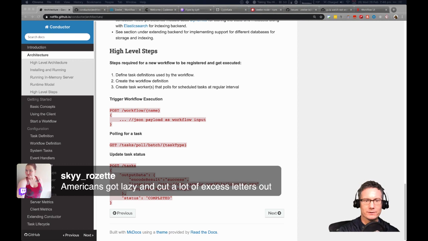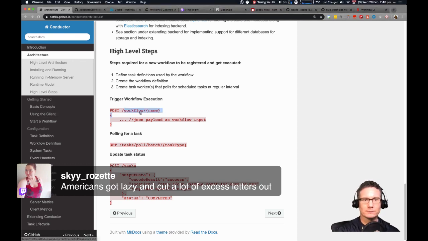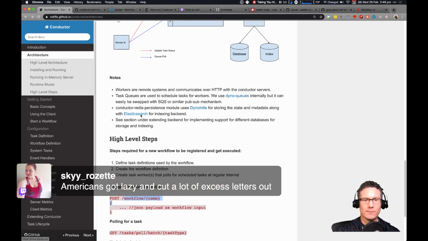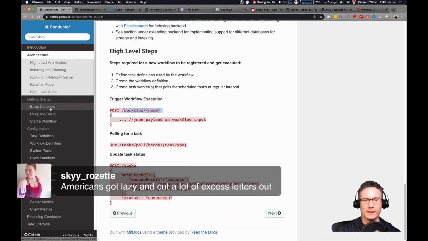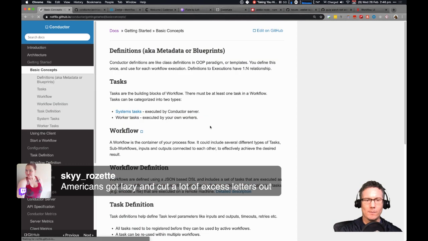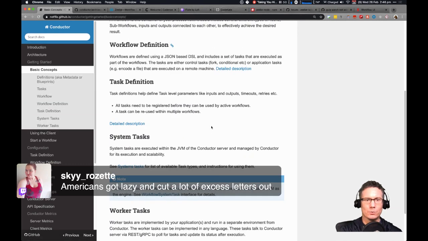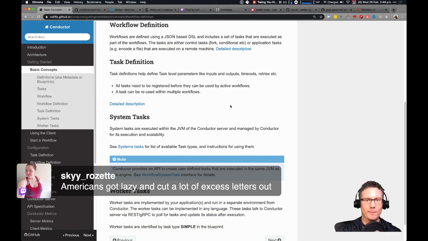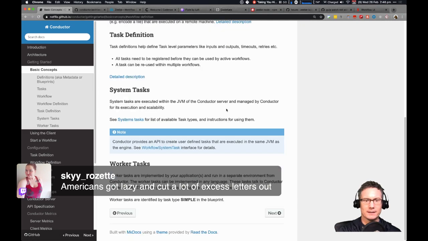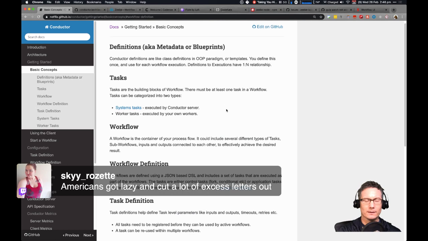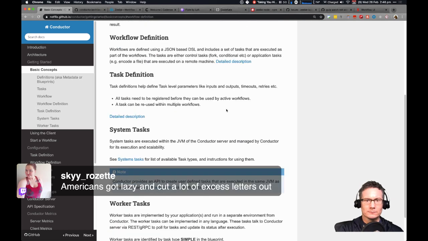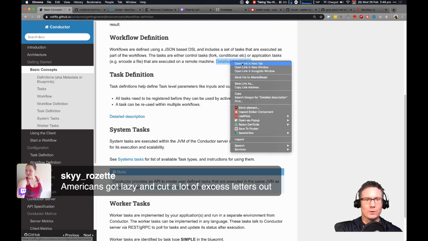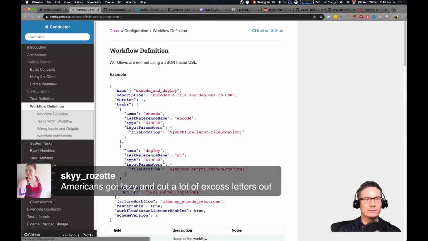Okay, so I can post to this thing to create a workflow. Okay, let's try it out. Tasks, workflow definition. JSON-based DSL. Okay, let's have a look at the detailed description of the workflow definitions, see if we can create them.